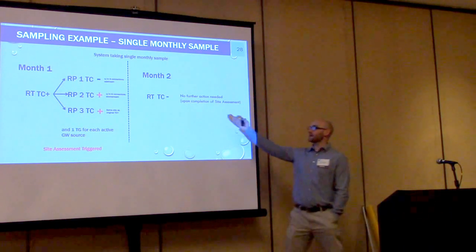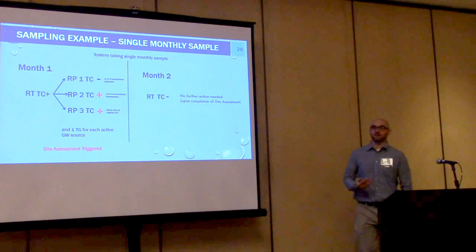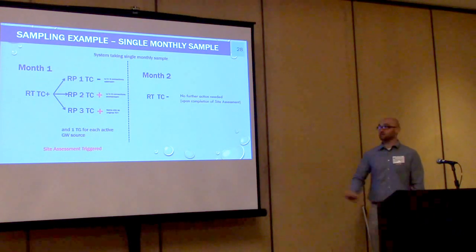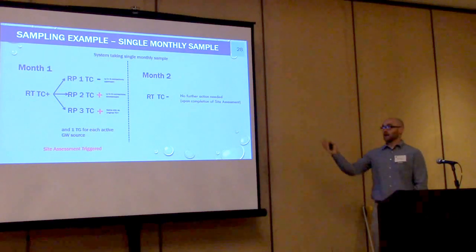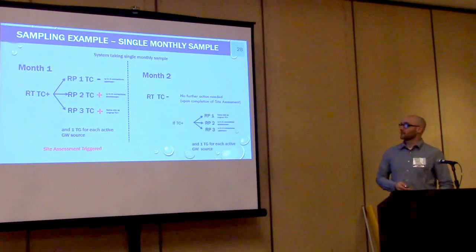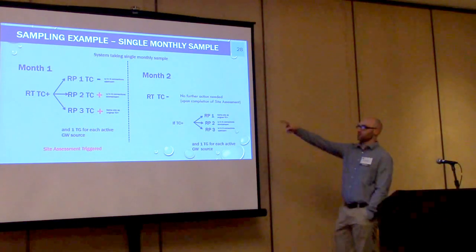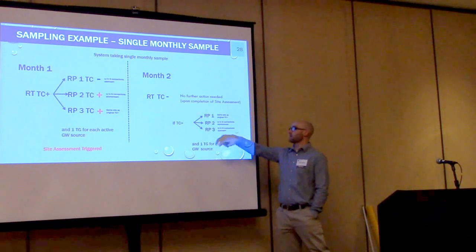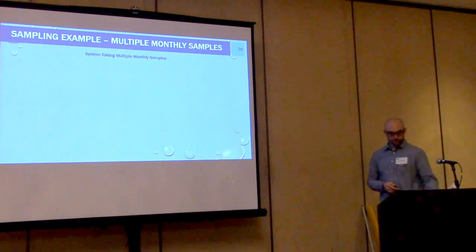To me, it doesn't make sense to take that routine sample month 2 knowing there's stuff out there. You haven't done your assessment, and you don't have time to do it because you took your routine on the 27th of the month, your repeats on the 29th, and it doesn't allow for the time. So if that sample month 2 had happened to come back positive, then you would just repeat the same schedule as month 1: 3 repeats, upstream, downstream, same location.